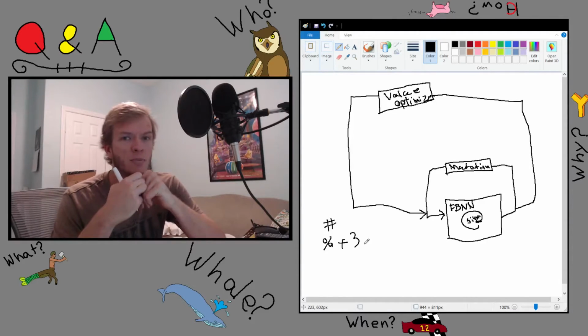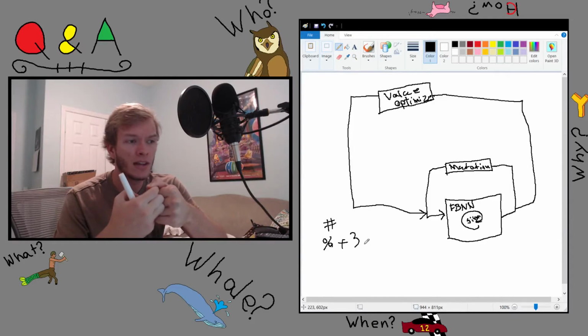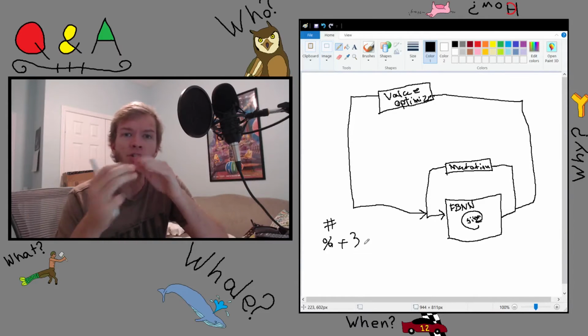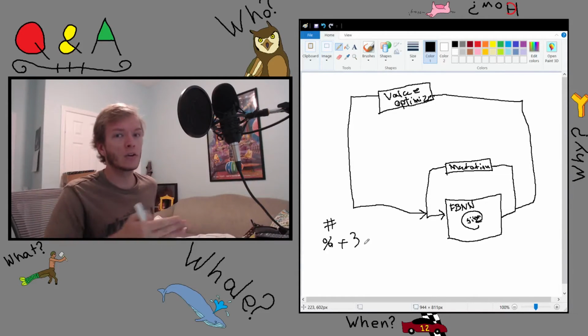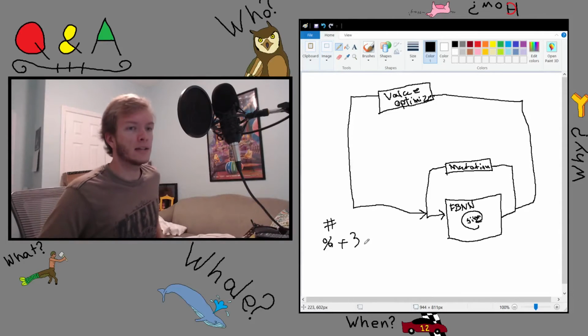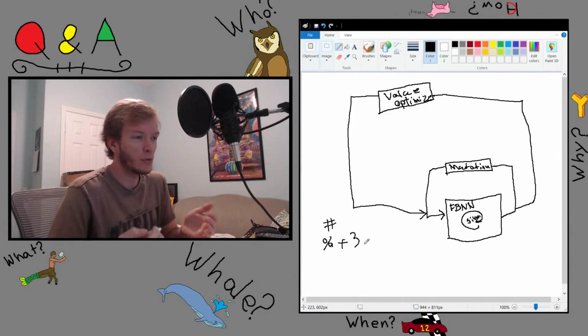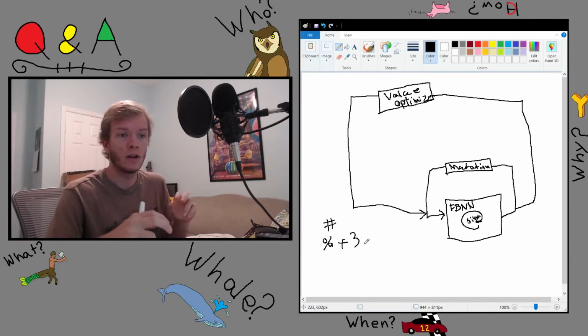I don't want it to be able to delete nodes. I think that would be detrimental. It could just reuse those nodes by adding or deleting. So I think that the more nodes available, the more potential for